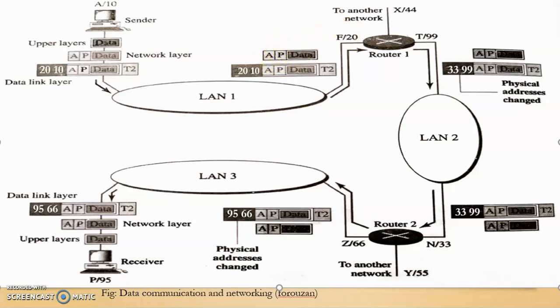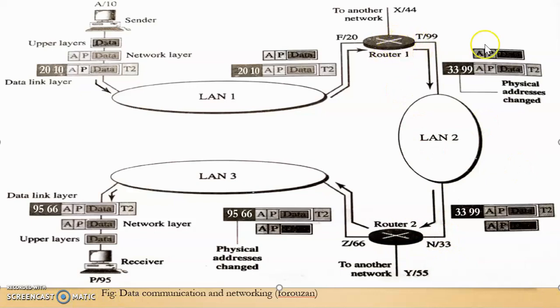So it will know that the packet needs to be forwarded because the IP address of the receiver is not matching. So since the packet needs to be forwarded, the router will use this routing table and ARP to find the MAC address of the next hop. The next hop is router 2. So using ARP, it will find out that the physical address of the next hop, that is of router 2, is 33.